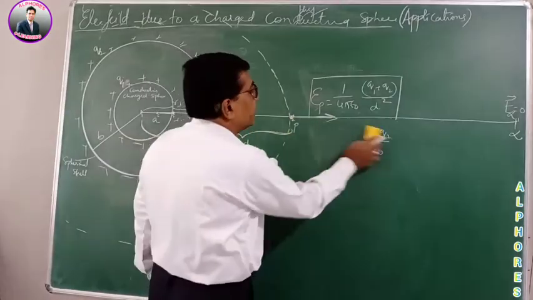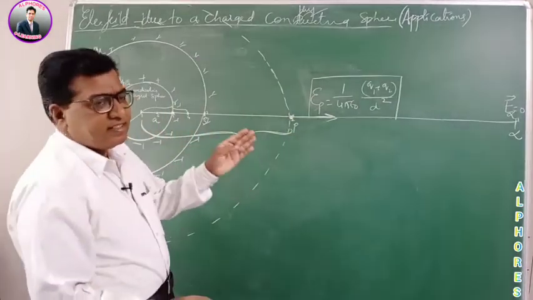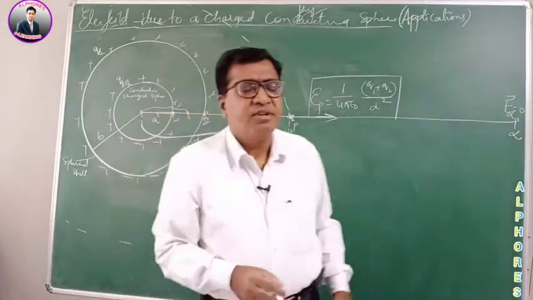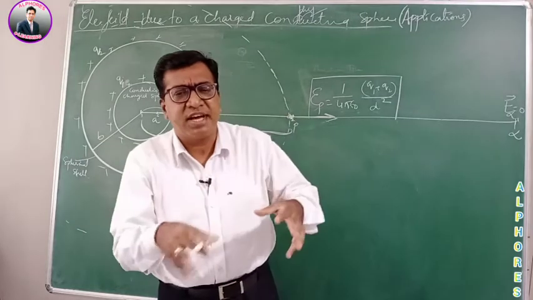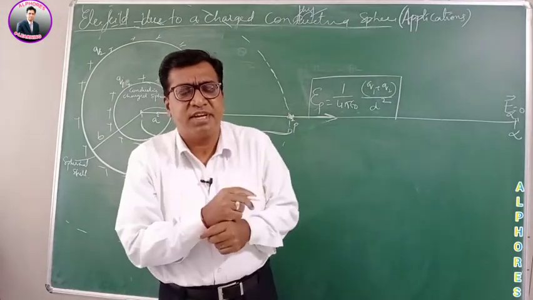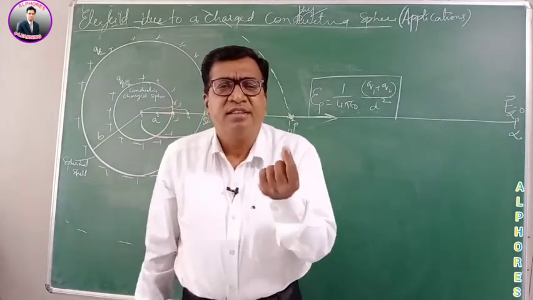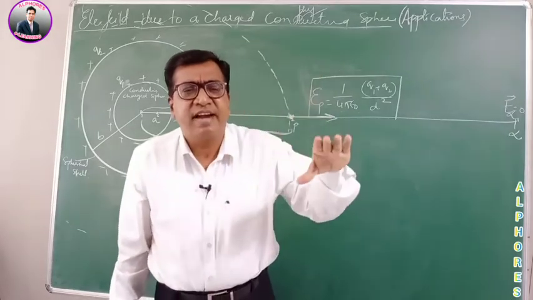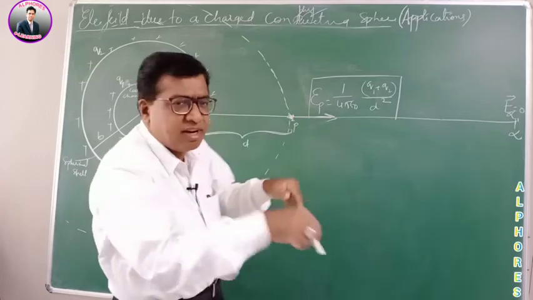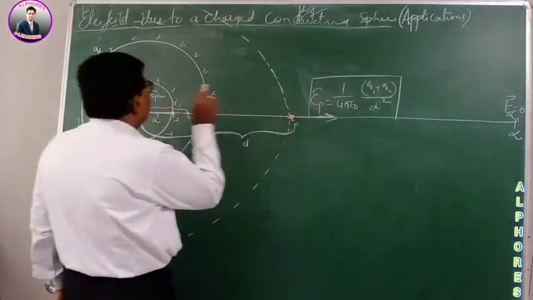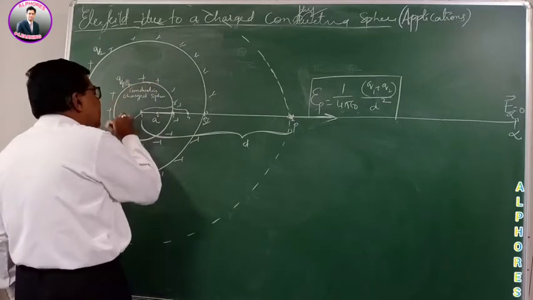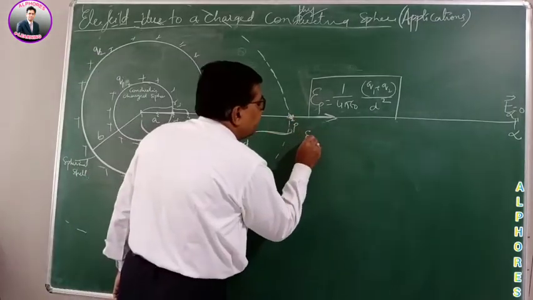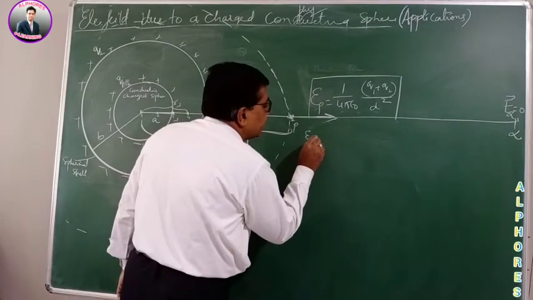At the outside point, you can even find this directly also. First, what is the electric field at this point P? I was telling you, when you are asked to find the electric field due to many charged bodies in the vicinity, then the resultant electric field, according to the principle of superposition, is the vector sum of all the electric fields. You can even apply that method also. So here, first what will be the electric field due to the conducting sphere, E_CS?